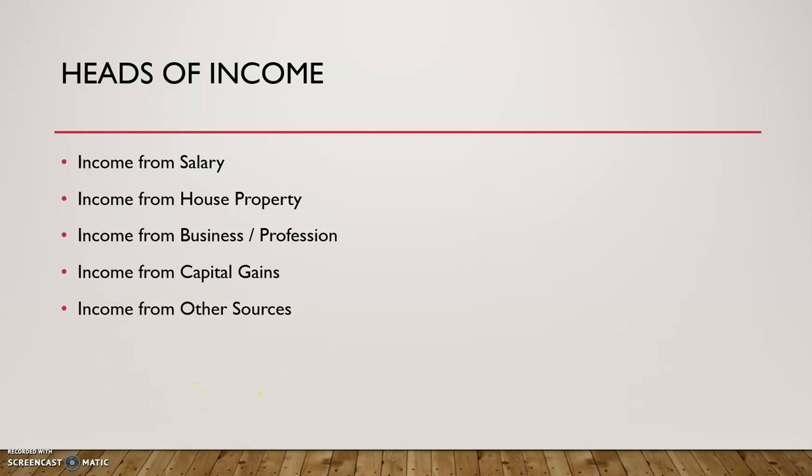Now coming to the third source of income, this is the income from business or profession. Any kind of business which you are doing falls under this category of income. So there can be different kinds of entities, for example sole proprietorship, partnership, private limited company, or a public limited company. So any income from these sources would be income from business.